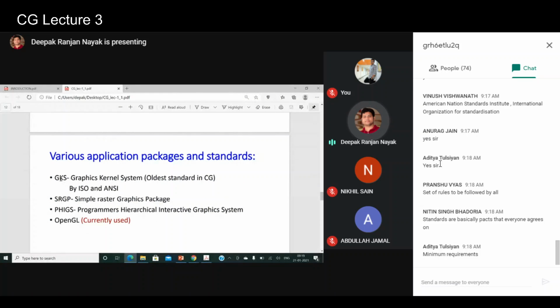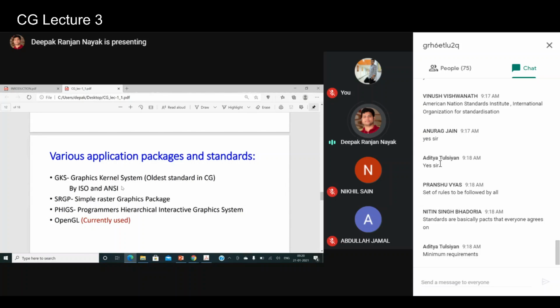So let us quickly go through a few important standards which were extensively used in earlier days. Like GKS, as I mentioned, otherwise known as Graphics Kernel System, standardized by ISO and ANSI. It is one of the oldest standards in computer graphics, and it remained for a long time. For a long time, people used this standard, Graphics Kernel System.